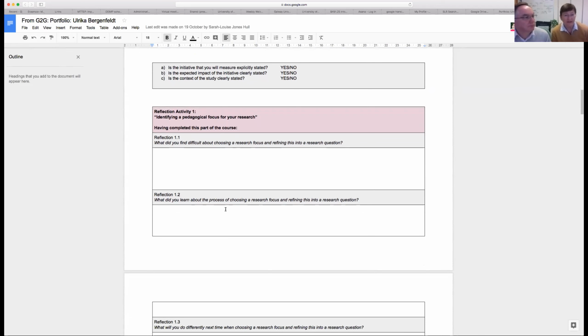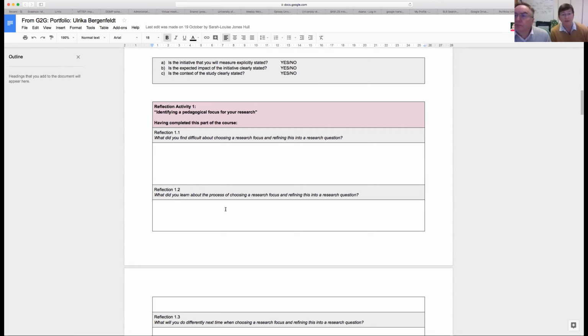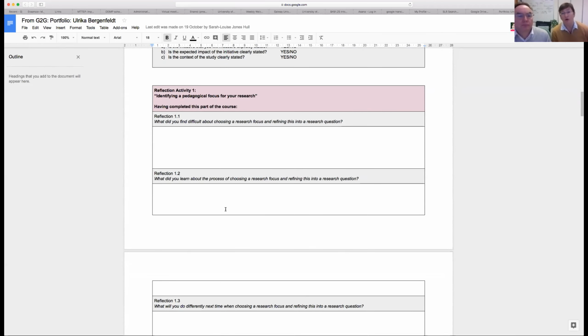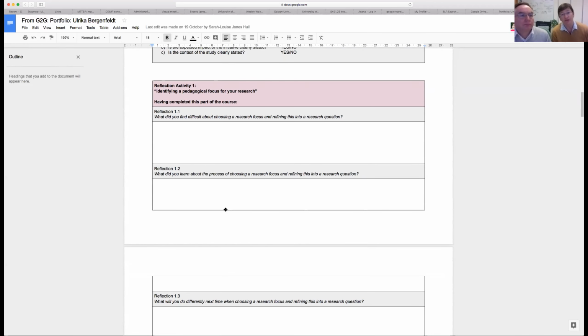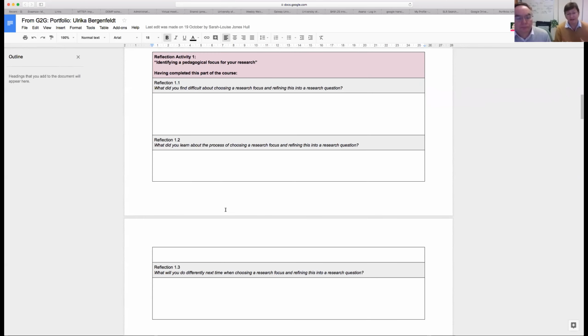We've done this to help you think about what you've learned from doing the process, because I hope that you'll be able to go off and do this yourself again another time, maybe in another academic year. You might be able to support some of your colleagues who want to try this, who haven't been able to come to this training session. So the reflective activities are really very much about getting you to think about what you've learned and what you might change if you were going to do this another time.